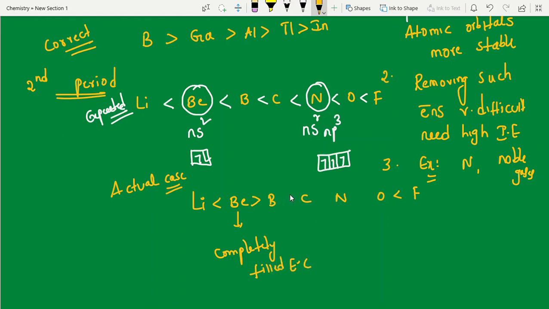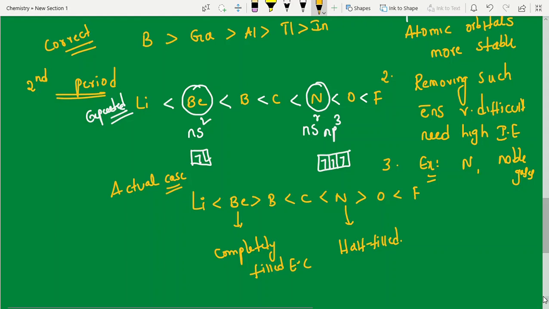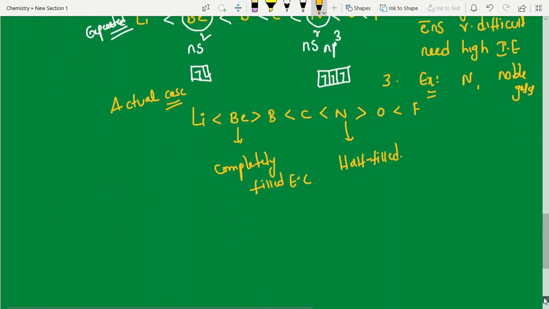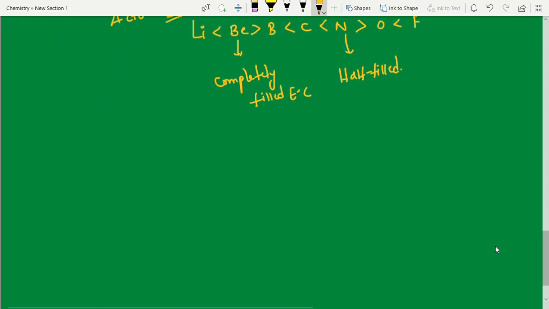Here, students, this is no problem. But this nitrogen family is greater than this one and greater than oxygen also. This is half-filled. That's all. You can remember these cases when we are solving ionization energy questions. Clear? Now it will work out for the d block 3d series also, students. Okay? So next one. Next important competitive theory point.